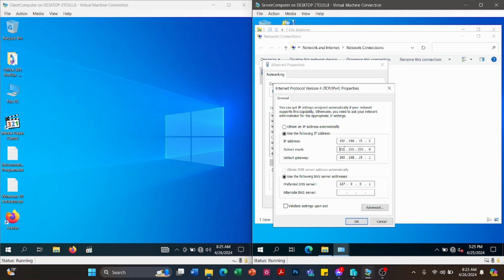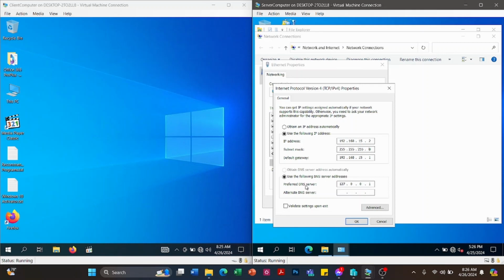So this will be the IP address of the server computer. Click the subnet mask. The subnet mask will automatically calculate for the class. 192 is a class C IP address, so we have a subnet mask of 255.255.255.0.